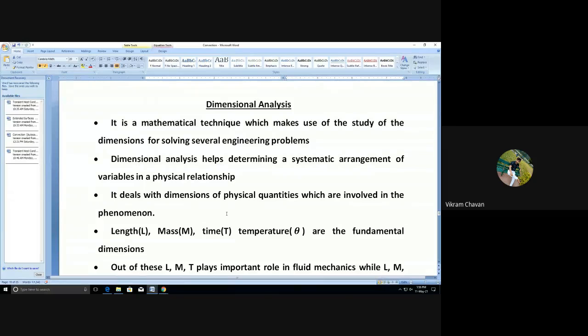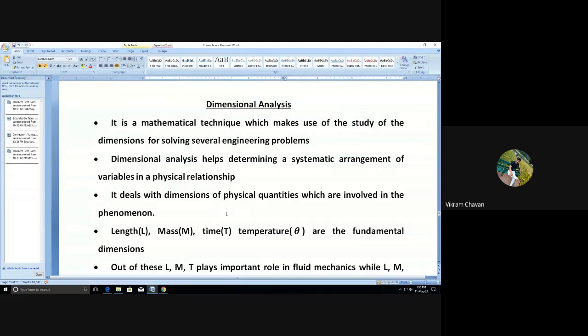So this heat transfer coefficient in convection depends on the flow properties. So we should apply dimensional analysis to determine the fluid properties and the relationship between the fluid properties and the heat transfer coefficient, in the case of forced convection and free convection. So what is meant by dimensional analysis?